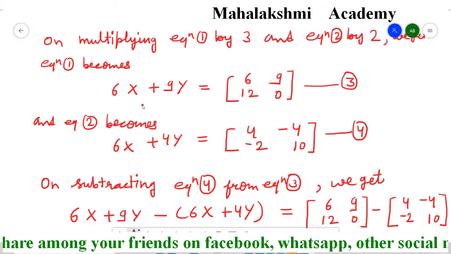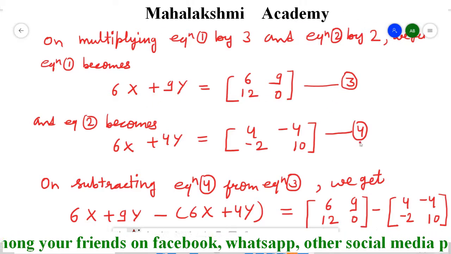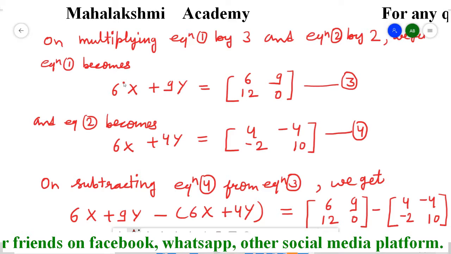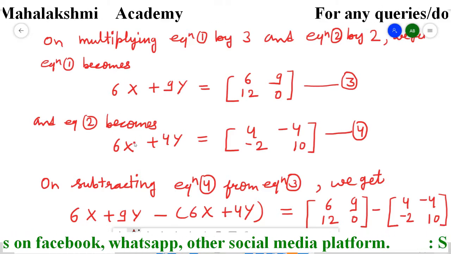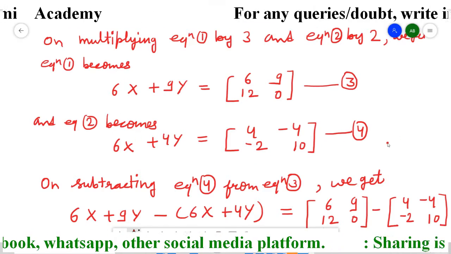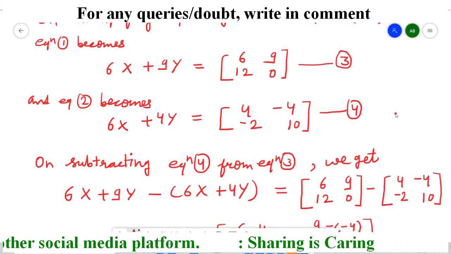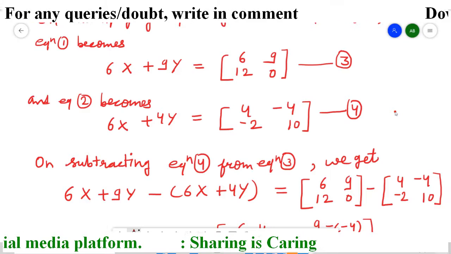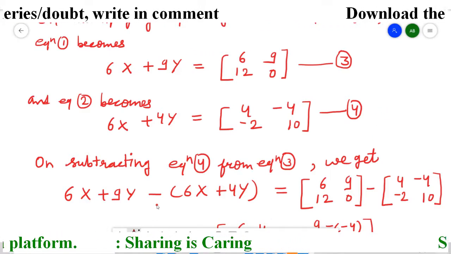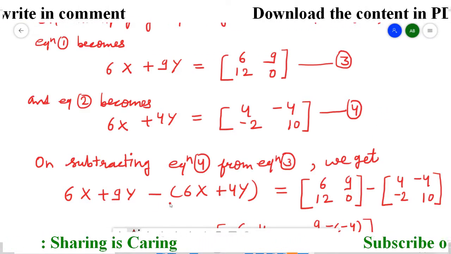Now I assume them as another equations, equation 3 and 4. Now in these equations the coefficient of x are same. So directly we can go for the elimination method. Now for the elimination method, either subtract them or add them, so that one element will get removed. So here you have to do the subtraction, then only one element will get removed.